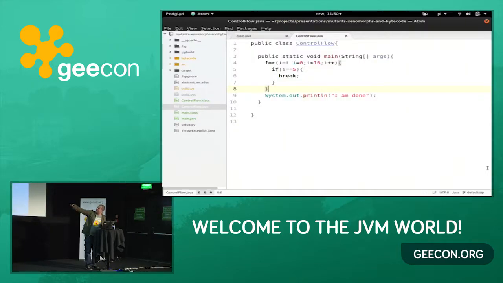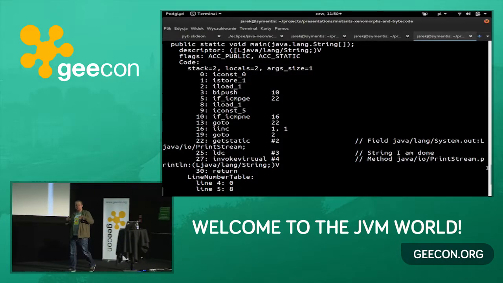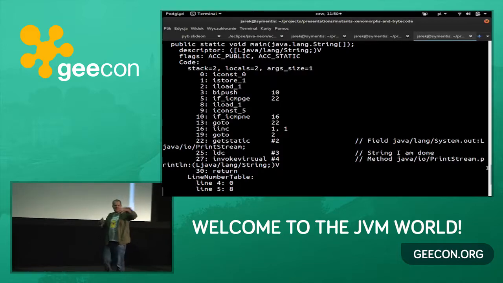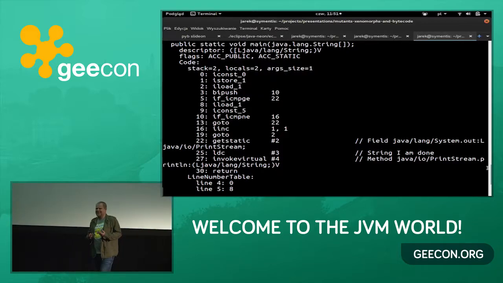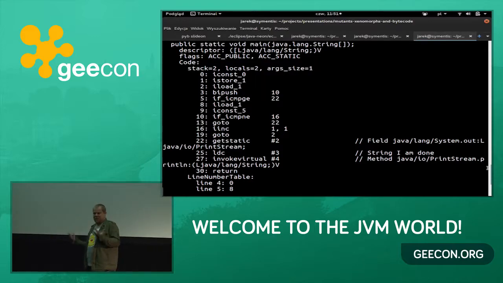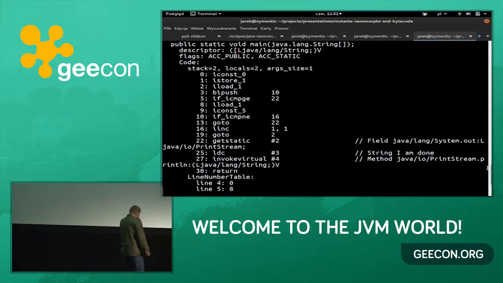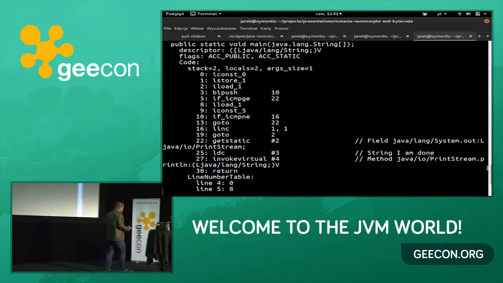Load 0 and assign the 0 to I. Okay? So bytecode doesn't use your fancy names. You spend hours naming things, and the compiler changes them to indexes, because this is what compilers are good at, working with numbers. So this is how the control structures work, and you have goto, for example. So you say you go to the bytecode here, and this is the break from the loop. So goto, it's still with us.